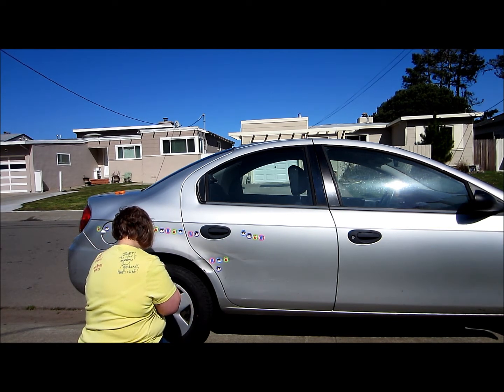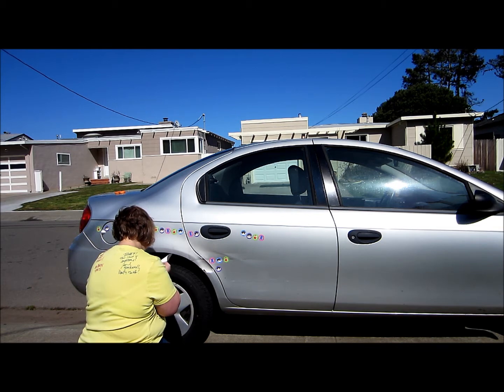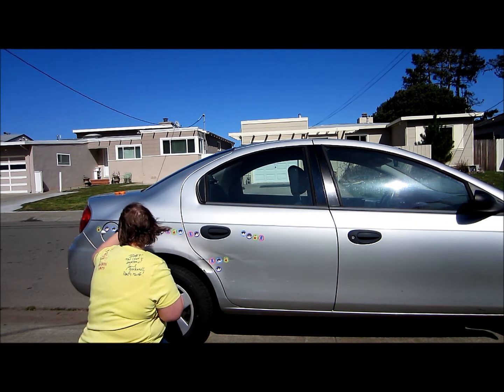But like I said, the first thing I wanted to do was to cover up the fact that someone keyed my car. So I wanted to cover up the best I